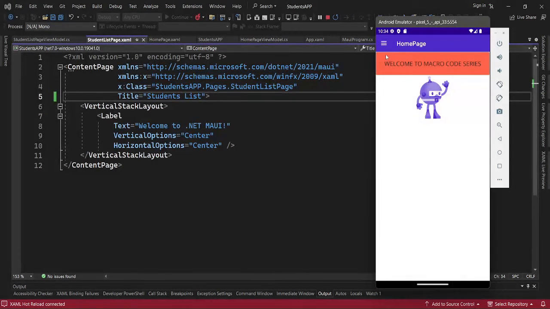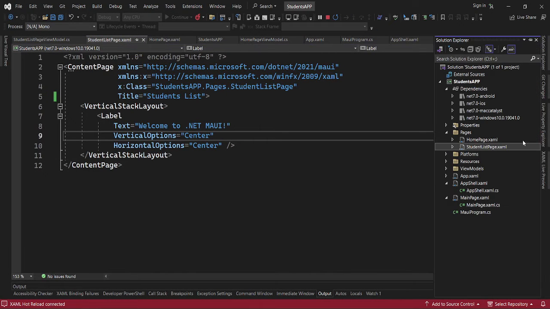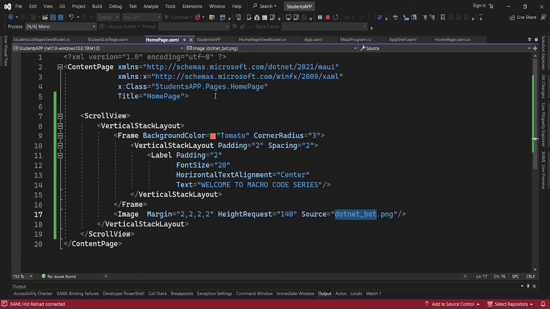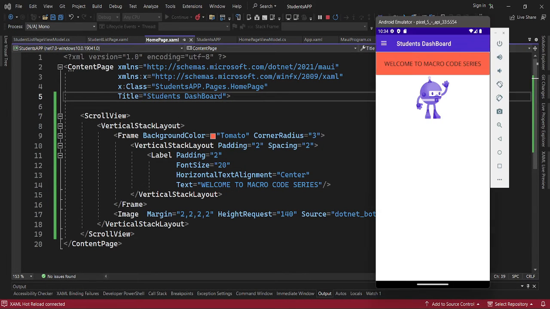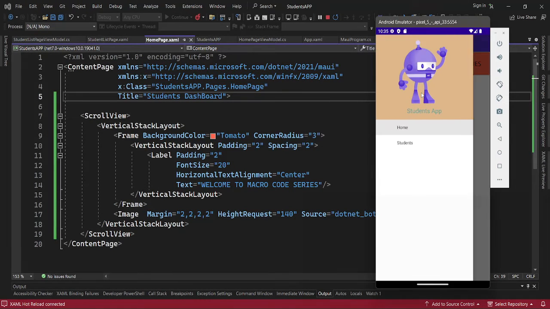So this is our home page now. Then you can rename this to students dashboard. So we'll be having our dashboard here, students dashboard. Then when you come back, you'll be able to see our students dashboard. So that is our app,